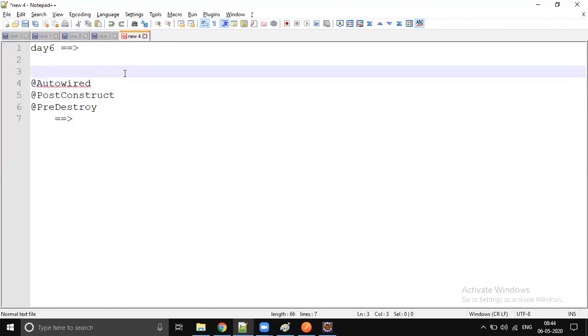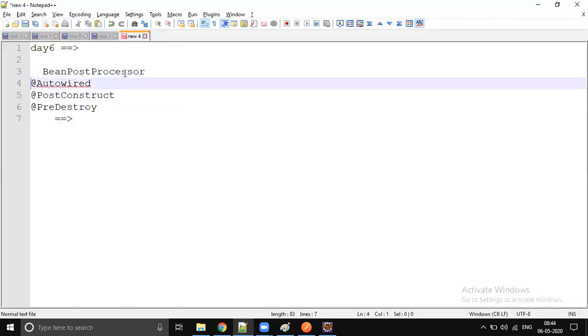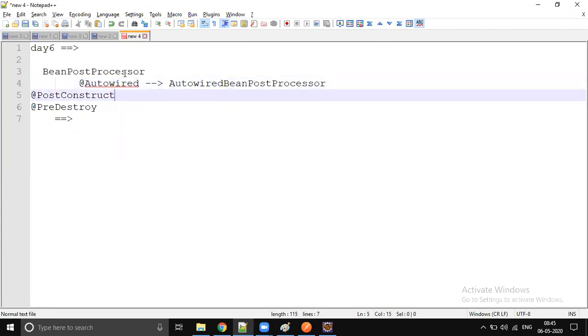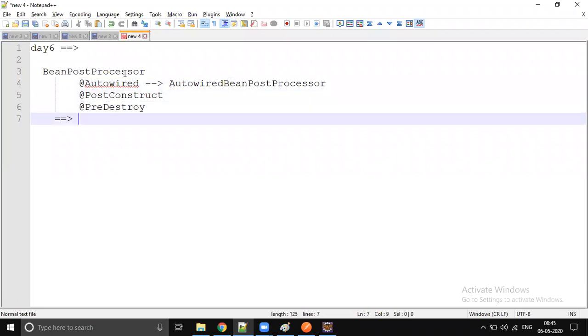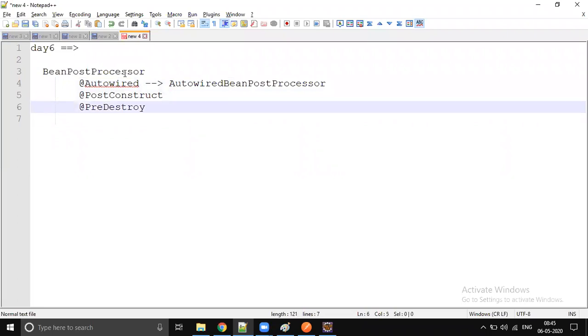We have a class which takes care of Autowired. What is that? The AutowiredAnnotationBeanPostProcessor. This class takes care of your Autowired annotation, right? And we have the InitDestroyAnnotationBeanPostProcessor, which takes care of PostConstruct and PreDestroy.